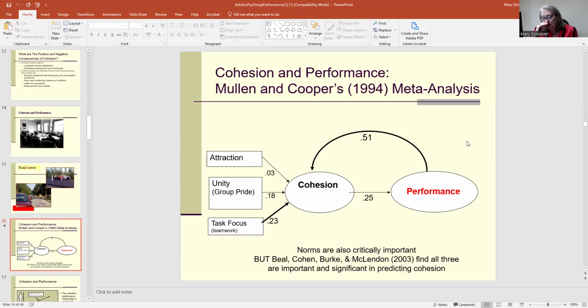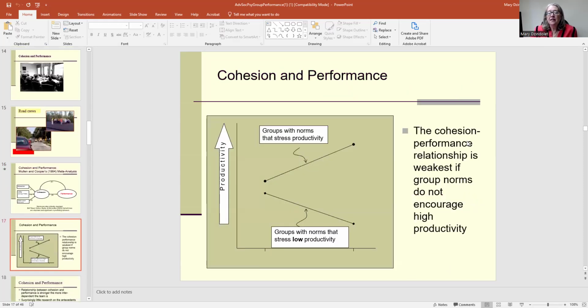think, well, I guess this is true. If they perform well, they'll be more cohesive, and that is true. But norms can develop sometimes that actually will hurt performance. And so sometimes a group will come up with a norm that stresses low productivity. And then the more cohesive the group is, the less